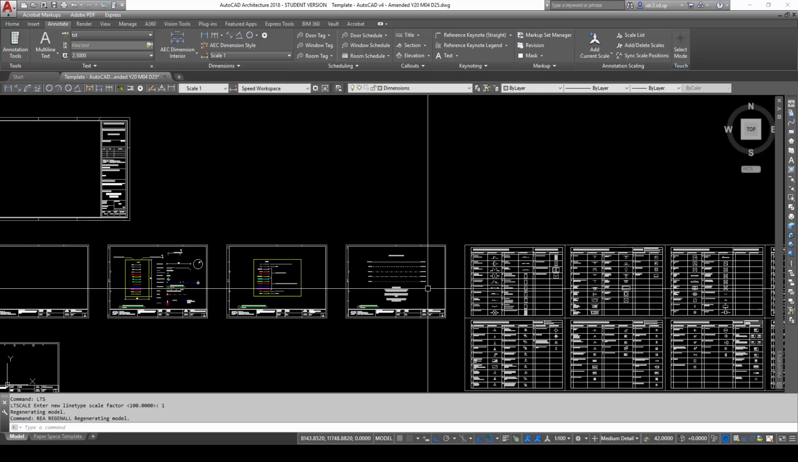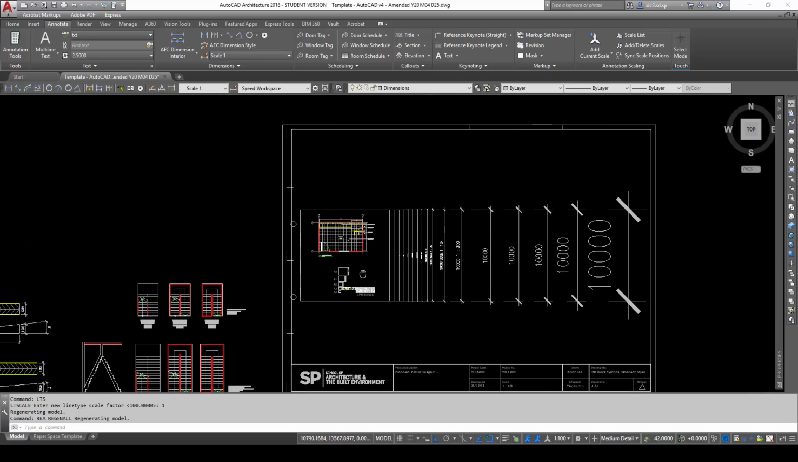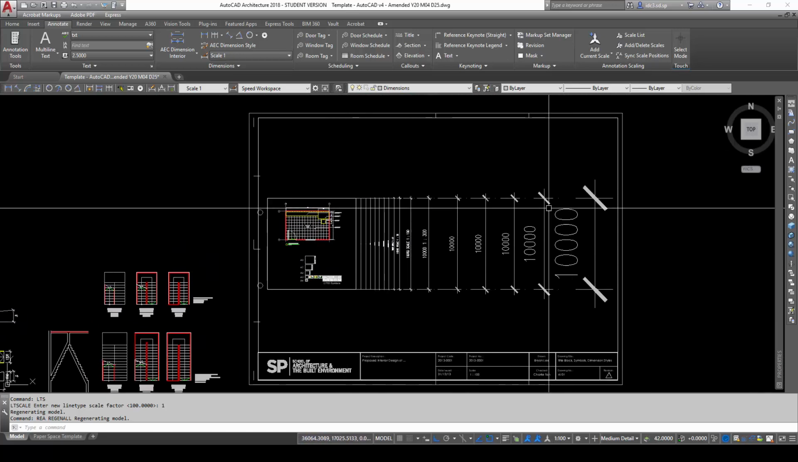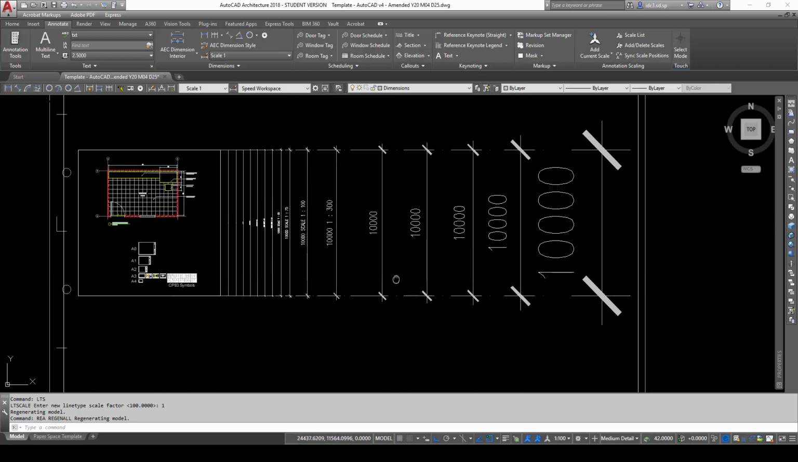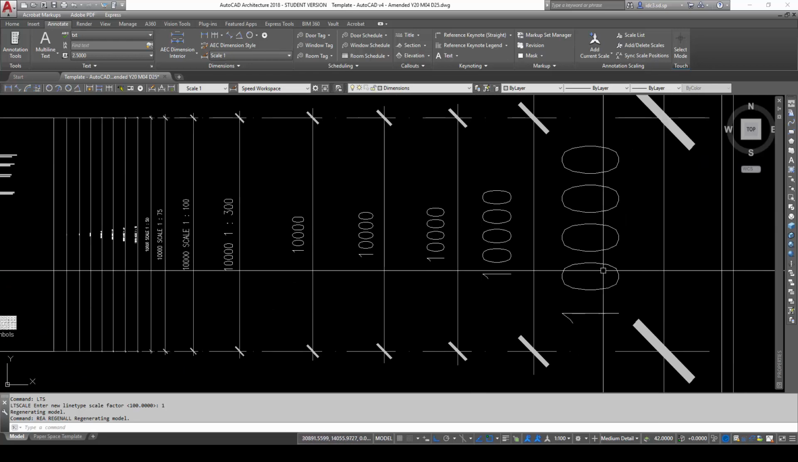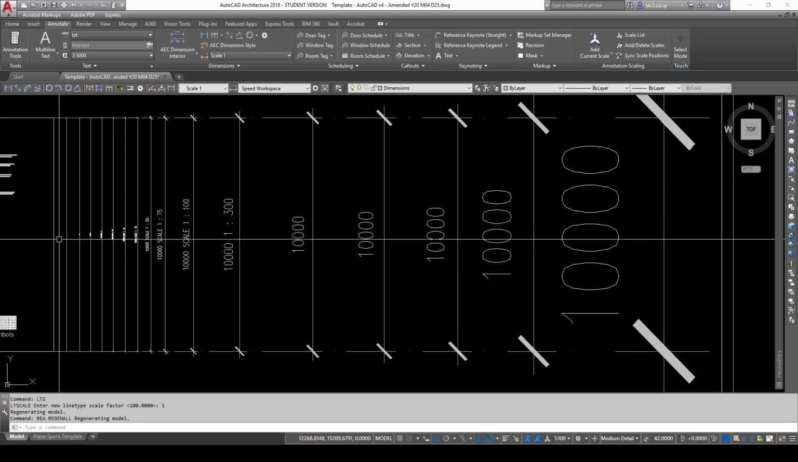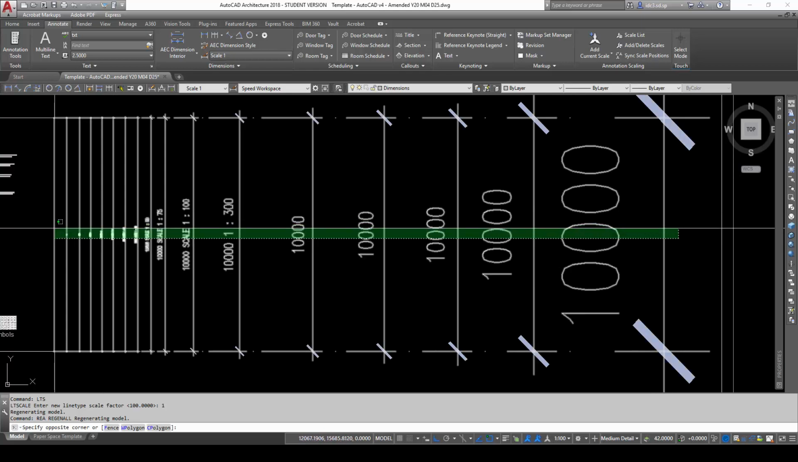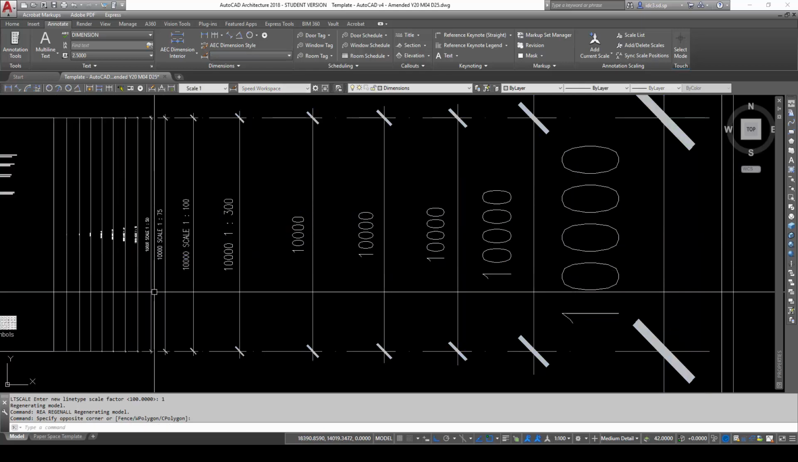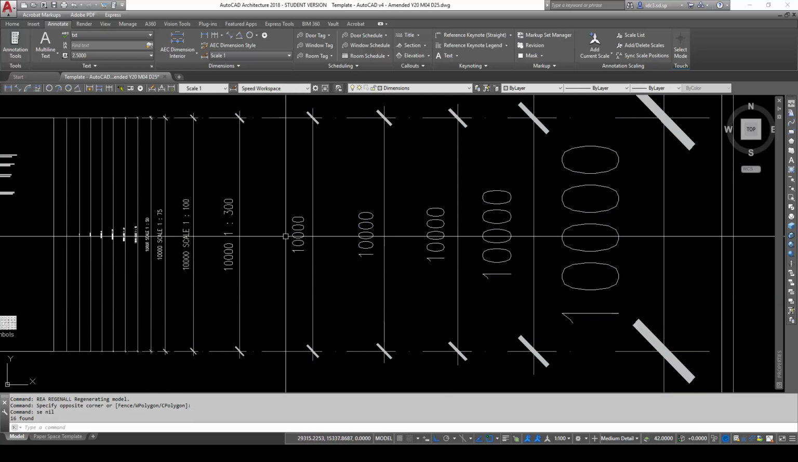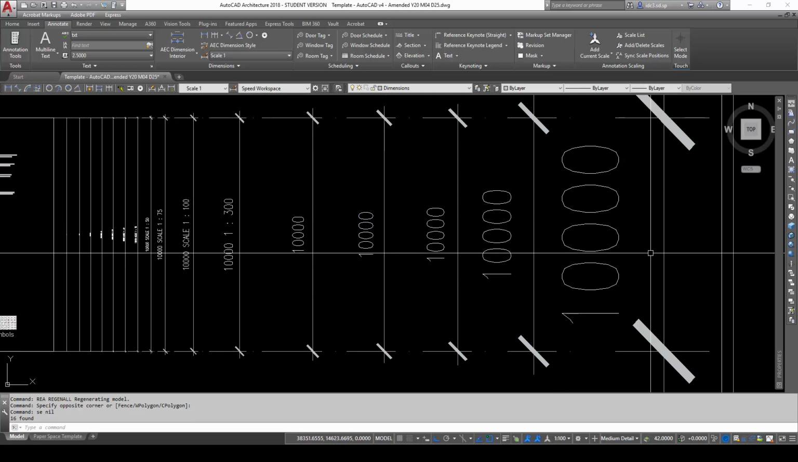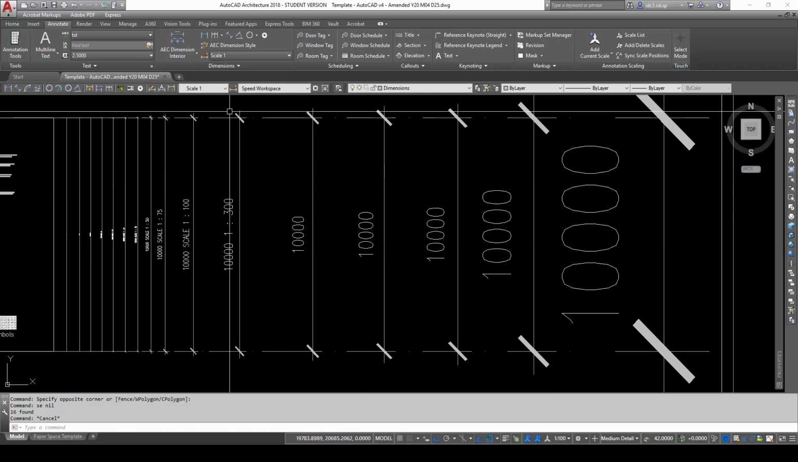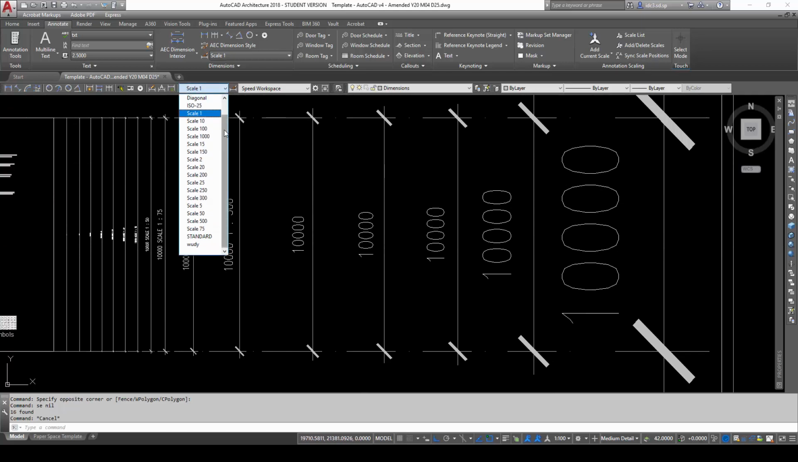Next, I want to share with you how to use the dimension styles here. If you look at this, we have a whole list of predefined dimension scales. Namely, from here to here, we should have 16 preset dimensioning styles. We can see them from the drop-down list here, starting from scale 1 to 10 to 100 to 1000,